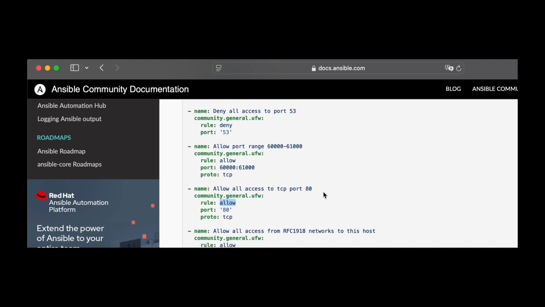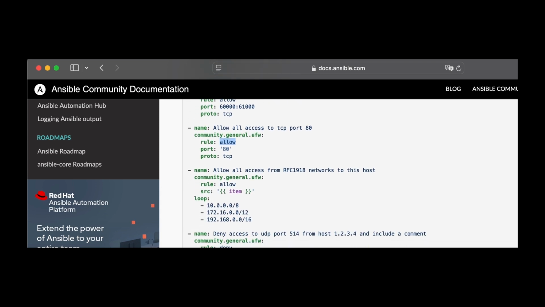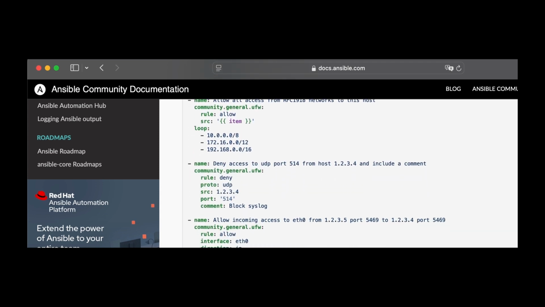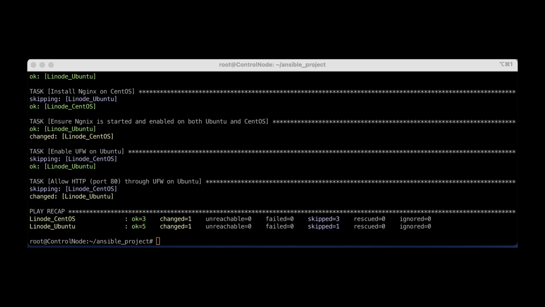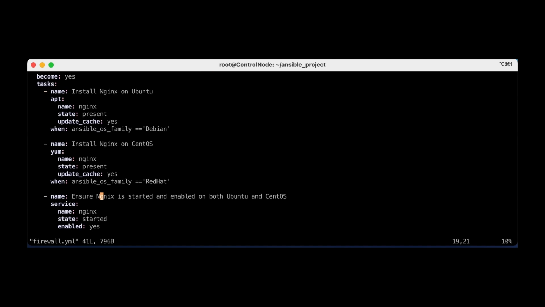So for example, in this case, we can see many different tasks for SSH, for port 80, for really many different things. It's something that I definitely recommend when you work with Ansible, to read the documentation. Okay, let's now come back to our playbook, and how about we make some tests,